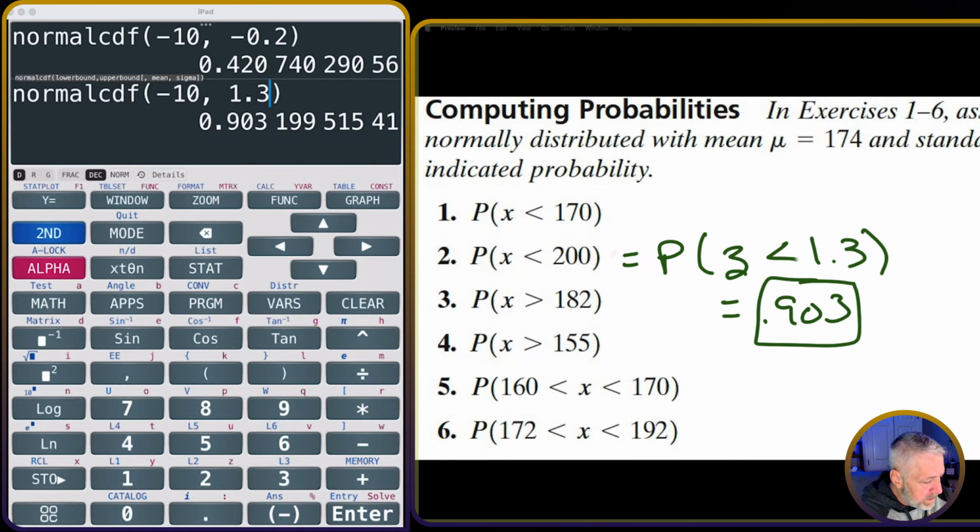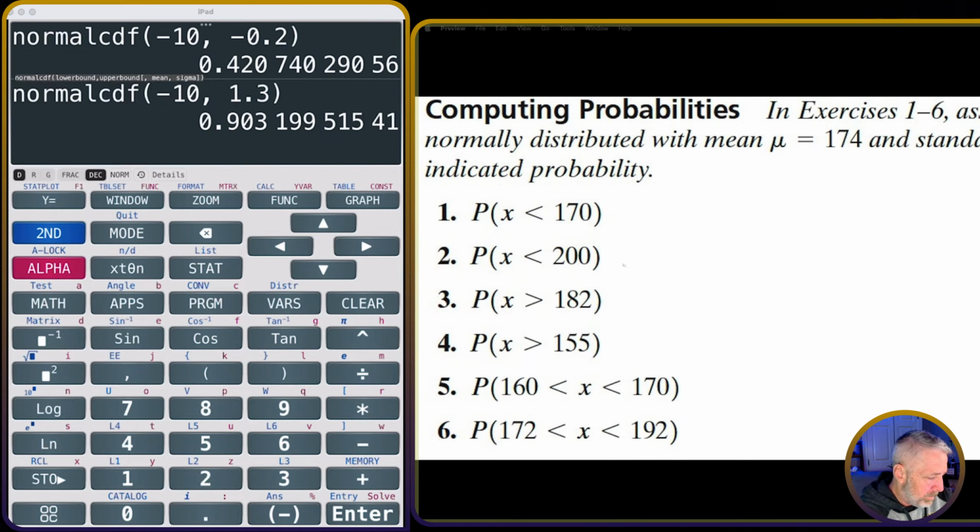Now we're looking at a little bit different scenario. Not much, but let me scratch this out. We're not working with that. We're not working with that. We're done with it. We are going to work with this one. So the probability that x is greater than 182. So pictorially,